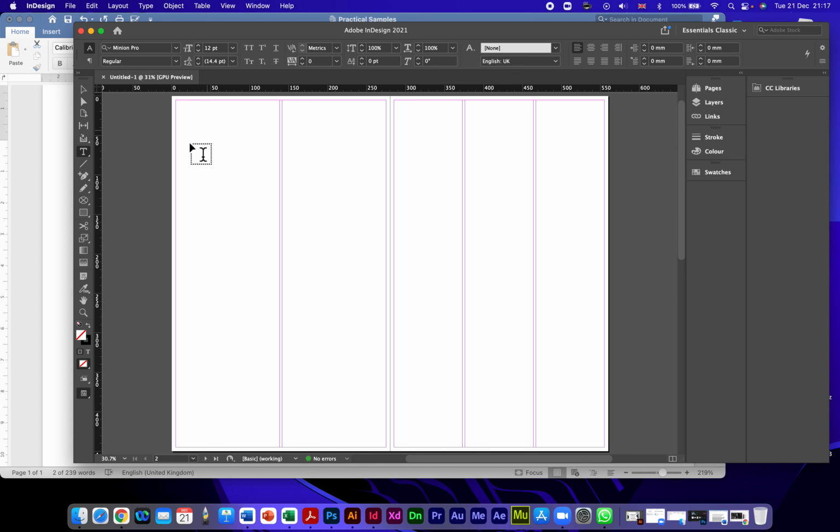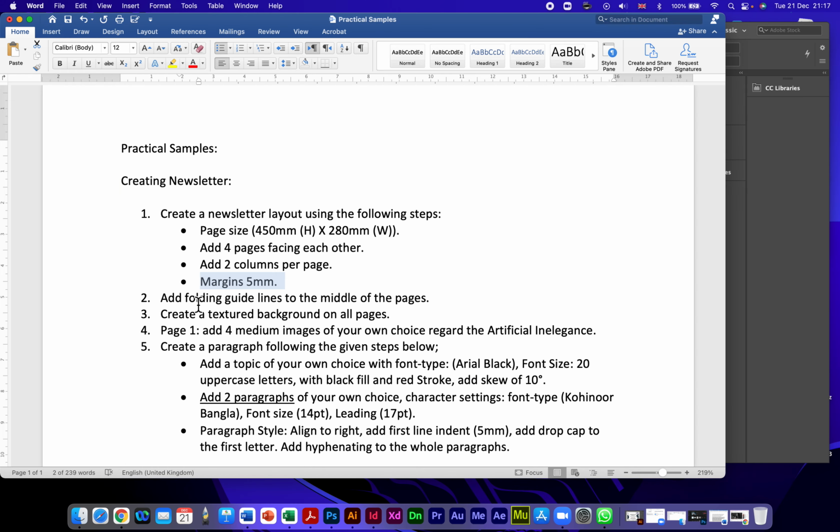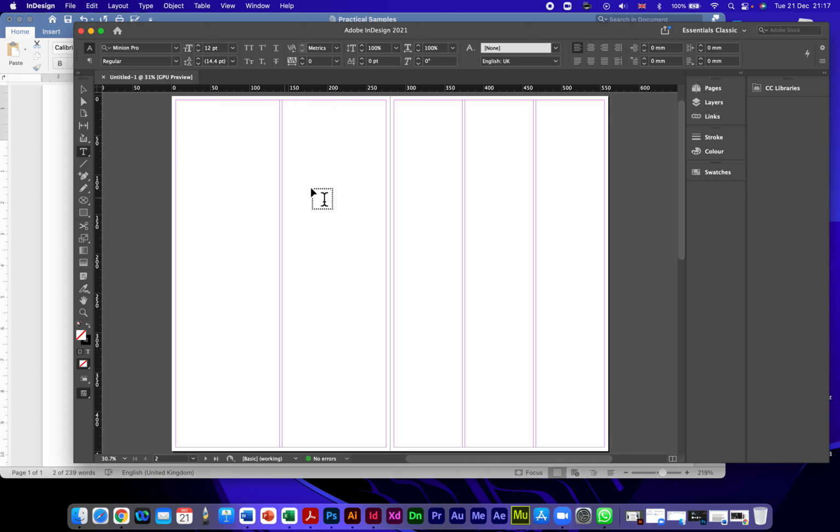So in this case, I've just created my page layout and I'm going to add my following details. First of all, it asks me to add folding guidelines to the middle of the pages. Of course, I'm not going to go straight to adding my guidelines. The first thing I'll do when I'm opening my